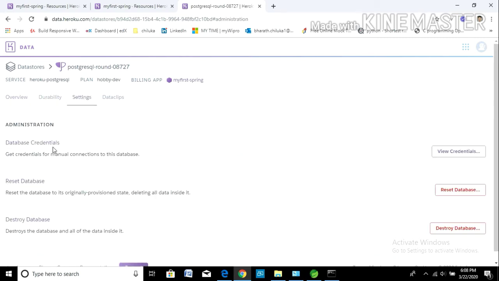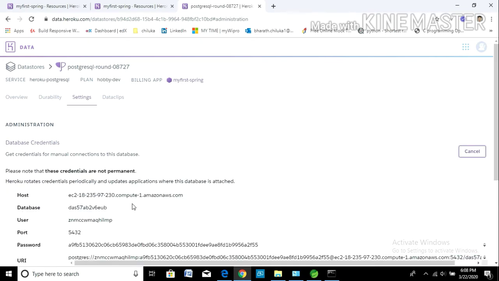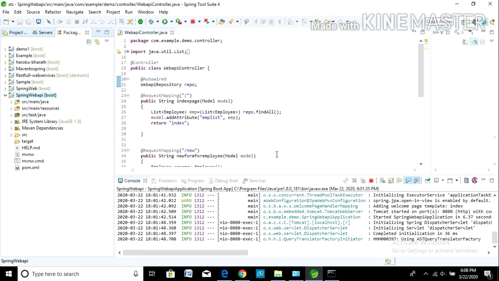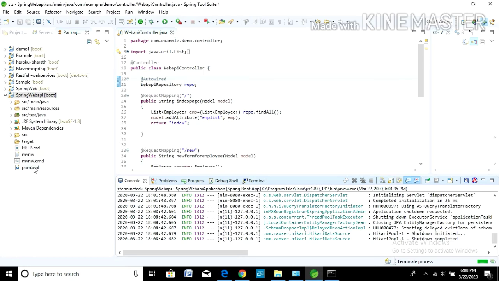If you want to check those database configurations, you can go to the settings tab, where you can see destroy, reset, and view credentials. From that you can see all the credentials like hostname, database, user, port, and password. But in this case you don't need to configure anything. It will configure automatically. Now go to the application in Spring Tool Suite, go to pom.xml